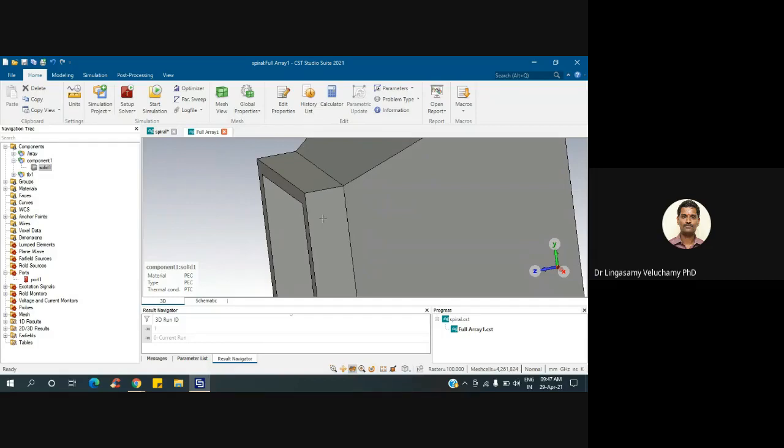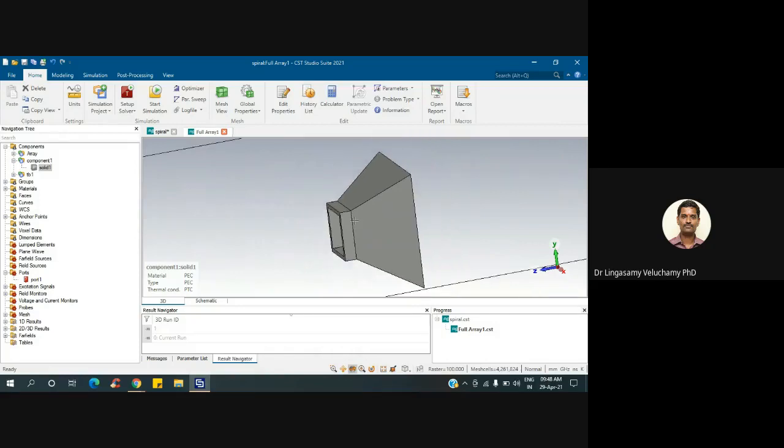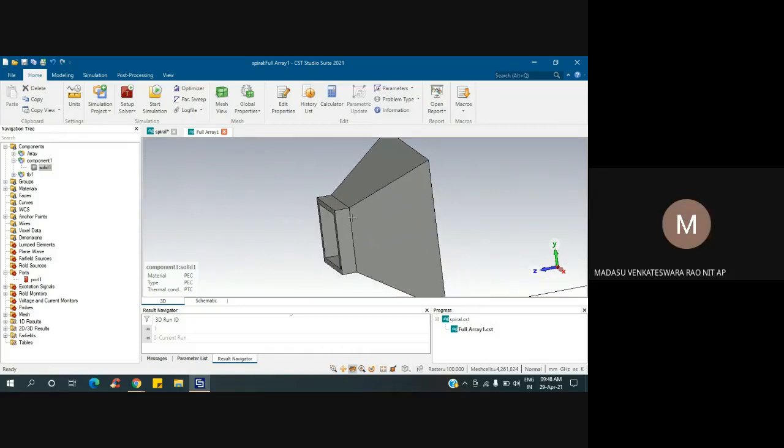What you have to do is, see, the feed and all you have to design separately and simulate it. Then whether you are getting that behavior correctly or not, you have to check the feed. For example, the radiation pattern is fine, and what matching we are getting for this feed. Sure, sir. Definitely, I will go to the standard values. No, that's okay. What I'm telling is you have to simulate the horn separately.